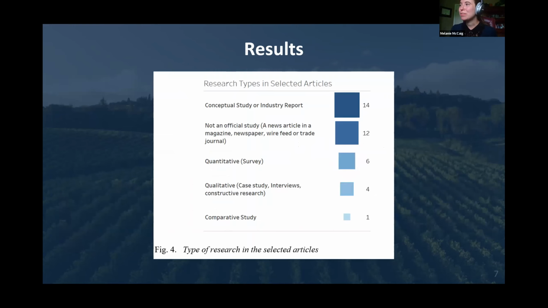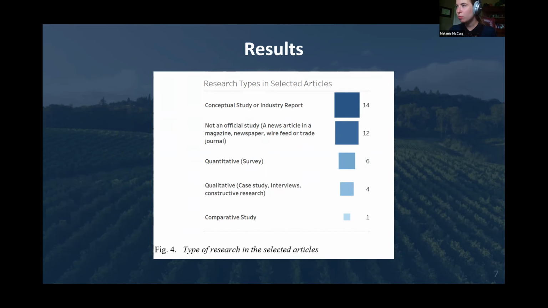The following visual represents the types of research and methodologies that were conducted amongst the articles. Many of the studies did not include a method, being categorized as either a conceptual study or an industry report with 14, as not an official study, which included newspaper magazines, wire feeds, or trade journals, 12, a comparative research